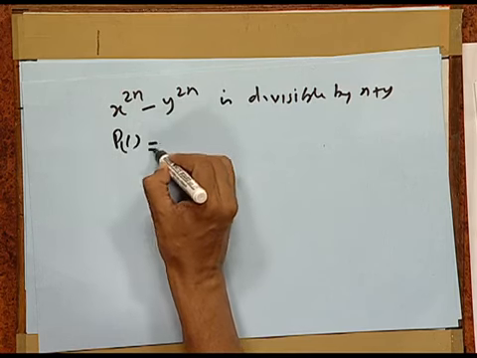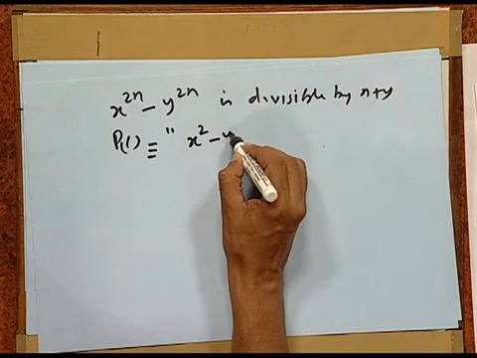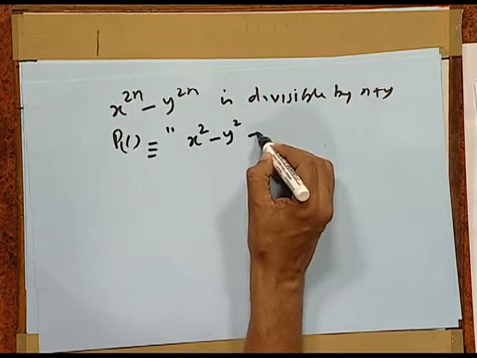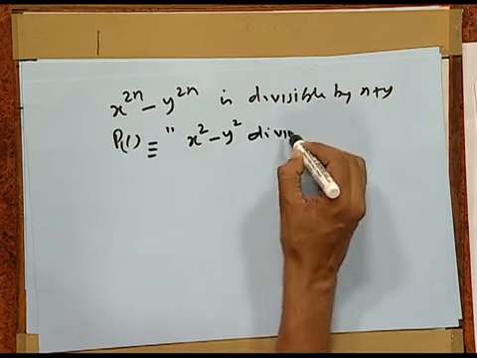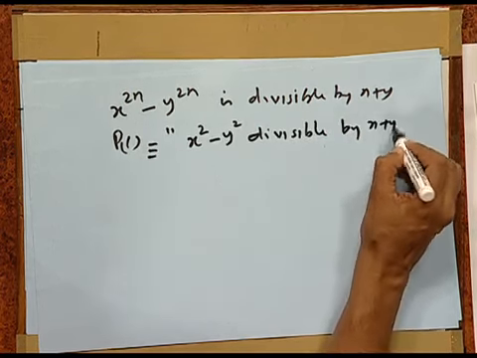First we check for P1. We have P1 equals x square minus y square divisible by x plus y,